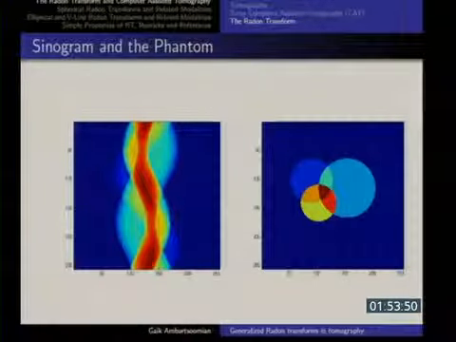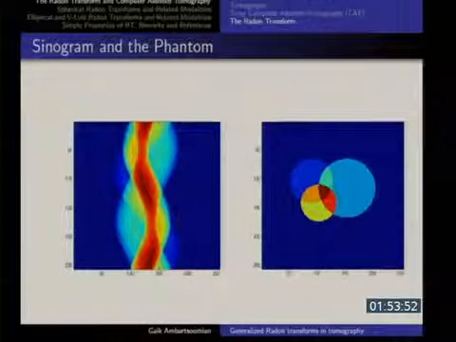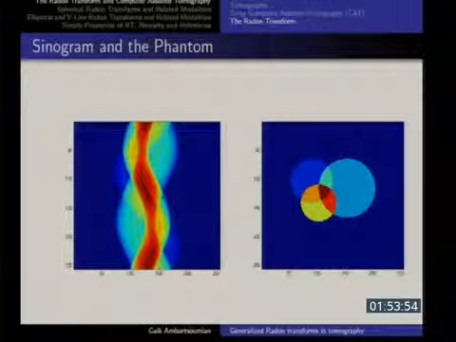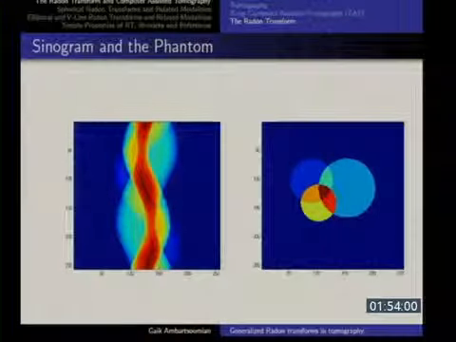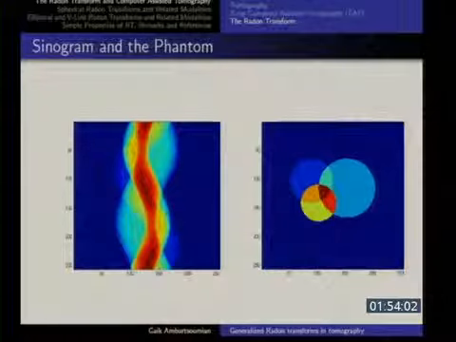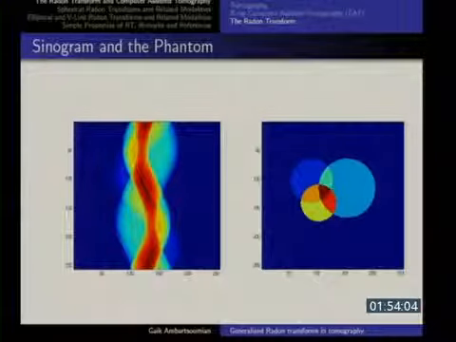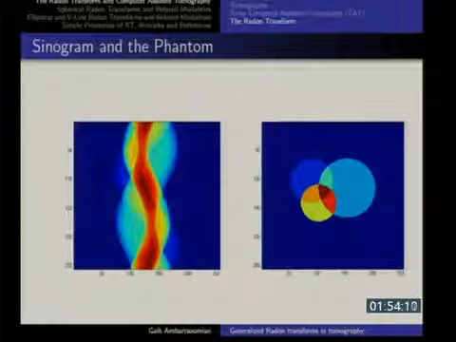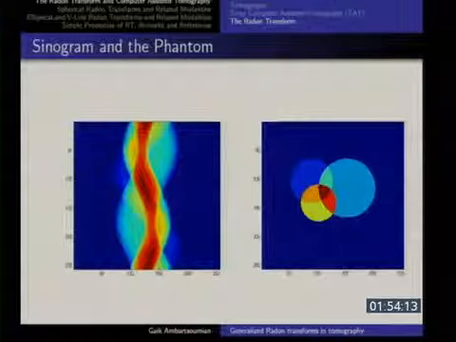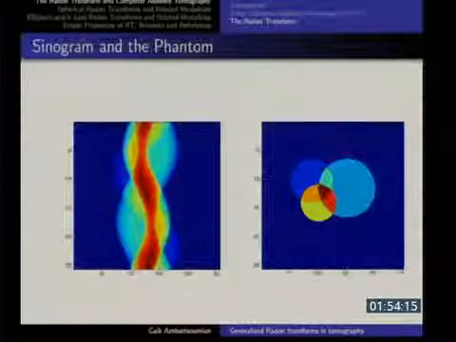But you can imagine, if you have a real patient with some structures, the Radon transform is going to be something crazy, and you want to recover the function, you cannot, right? So you need to develop some sophisticated math technique. But again, the vocabulary is, if I say phantom, I mean the graphical representation, the numerical representation of the function f, which I'm interested in. If I say sinogram, that means the graphical representation of the Radon transform.